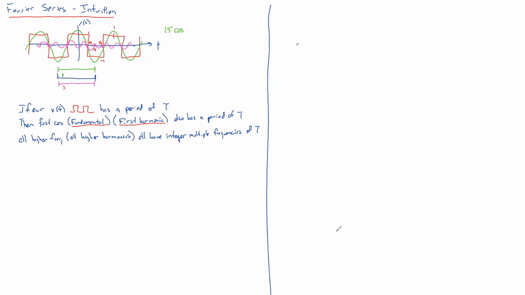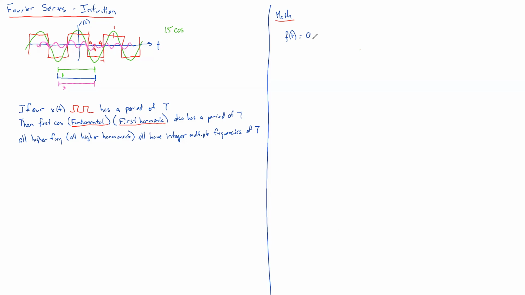Let's hit the math. You know, compared to the intuition, the math, I think, is always pretty easy. The way to get the coefficients, well, firstly, you need to find out what are we really trying to do. What we're really trying to model is an arbitrary f of t